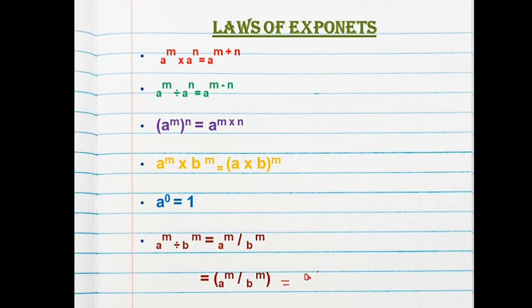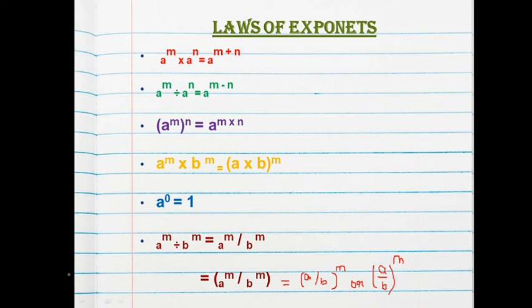We can write it as a divided by b, and here the bases are different, given in the form of division, and the powers are equal, so here we will take the power as common. So here we can read it as a divided by b whole raised to the power m. So this is how this law is given.